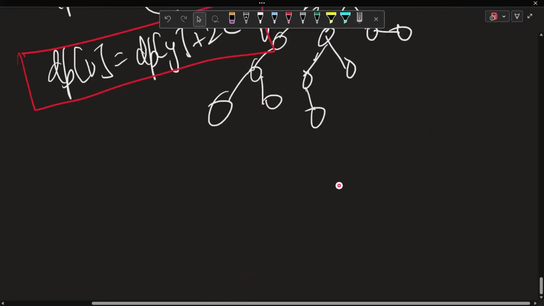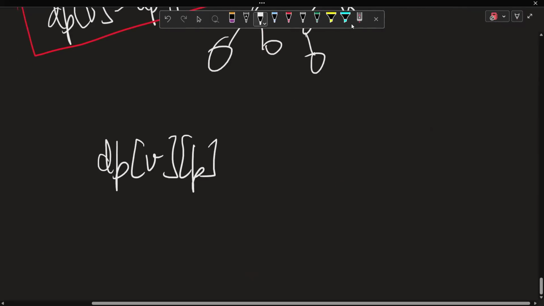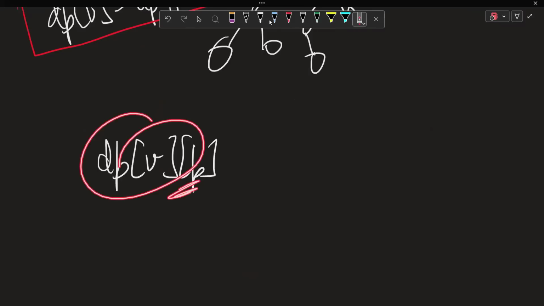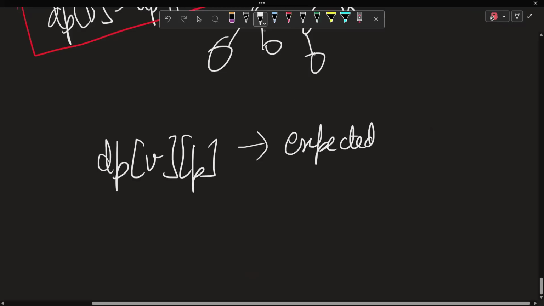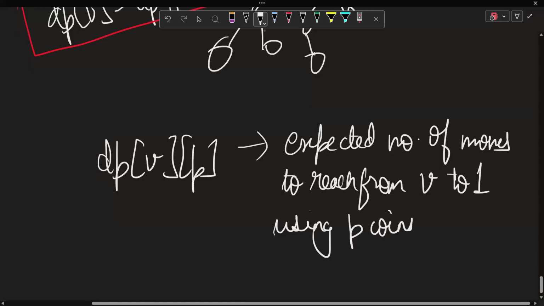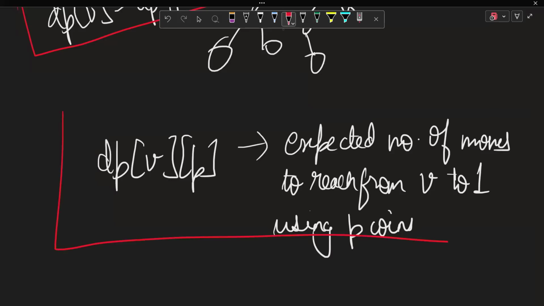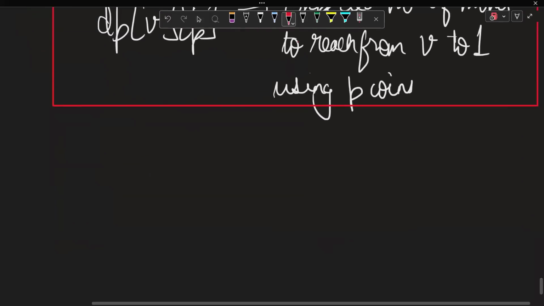So instead of defining the dp as just y, we would define dp as v comma p. So we'll also store the coins, p. Okay, so what is dpvp? Expected number of moves to reach from v to 1 using p coins. Okay, this is my state that I'm going to take for solving the problem, and my transition would be